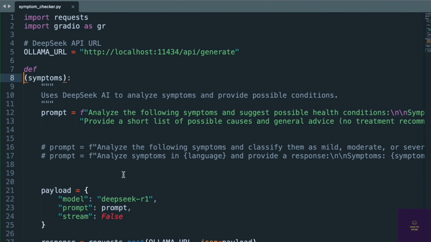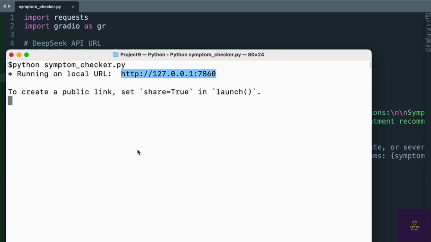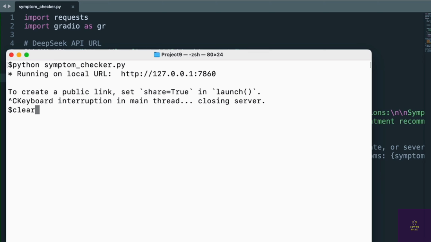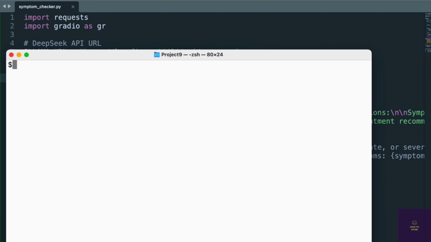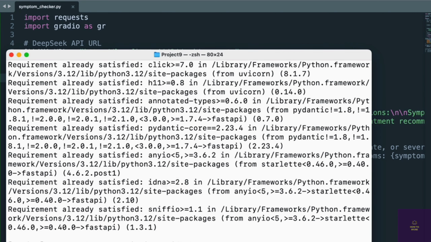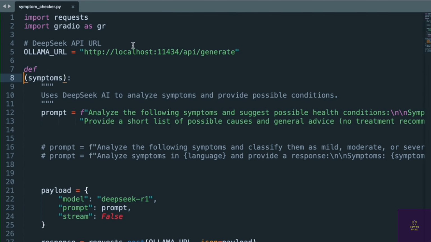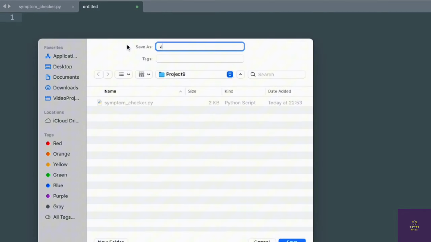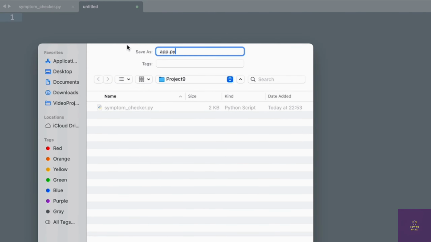And save this. These are commented perfect. I'm going to go back here, close this, clear it out, and here first install FastAPI. If you don't have it, you can install FastAPI by saying pip install fastapi. You've done so many projects by now. If you have followed along, you probably have both of these libraries. So perfect. Once that is done, next step is to go ahead and create an app.py file,